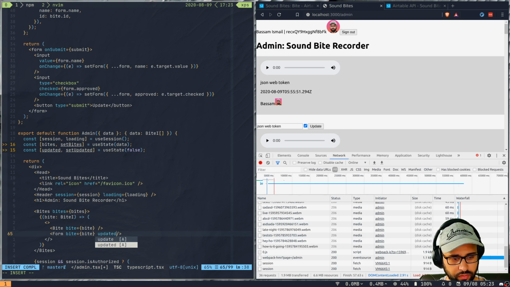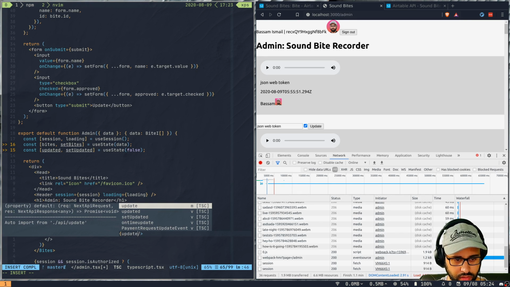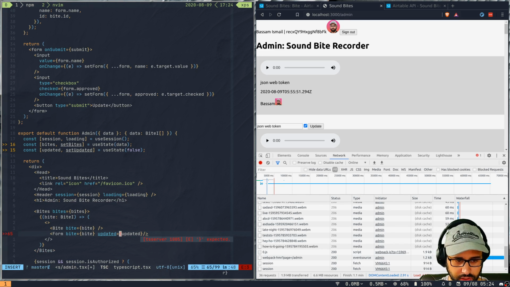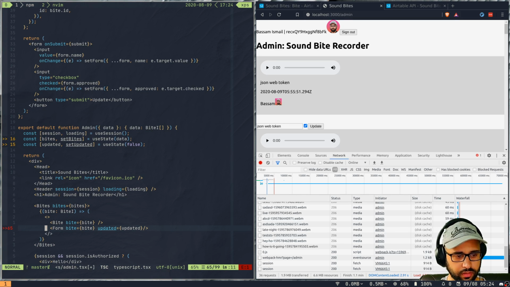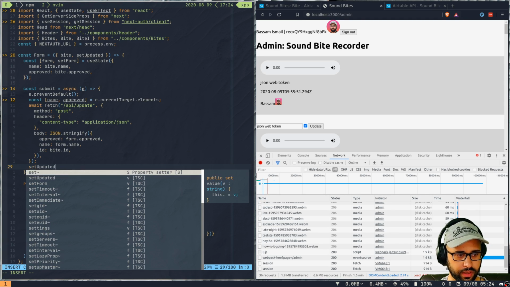Yeah, let's pass it to the form. I might have to do one more request, but we'll come to that in a second. Or rather, we don't need to pass updated here, we want to pass just set updated. Right, so we'll pass set updated, and going to the form, here it will take set updated, and then after this request we'll say set updated